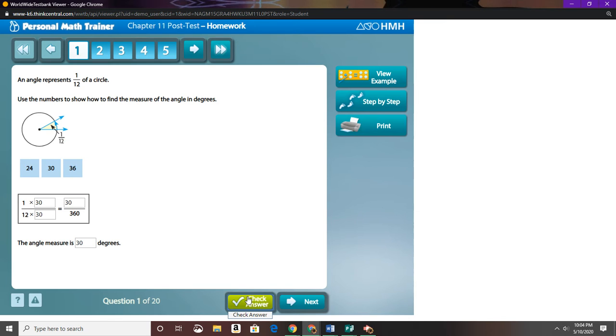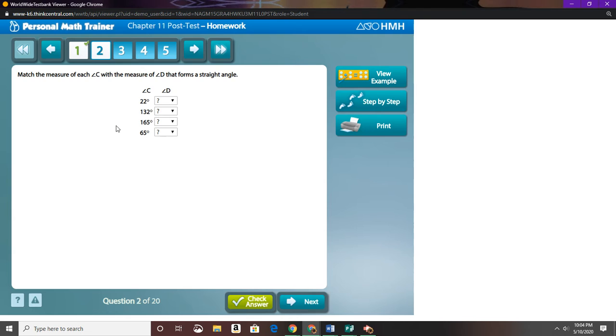Okay. Question 2 was missed by 2 people. So we'll take a look at that one. Match the measure of angle C with the measure of angle D that forms a straight angle. So this is a little bit of a vocab question because you had to know what a straight angle is. And a straight angle is an angle that measures 180 degrees. So what I'm really asking here is this plus what is 180? So 22 plus